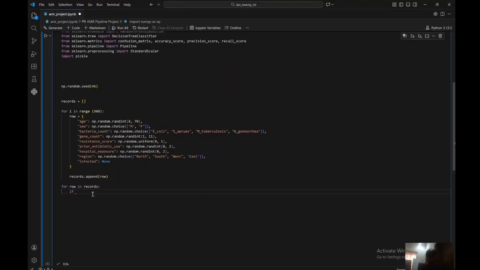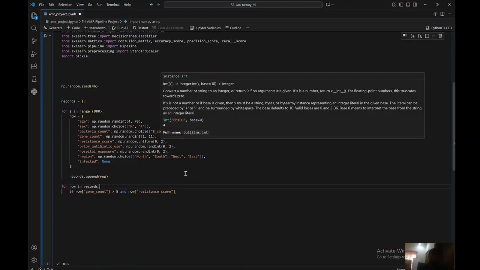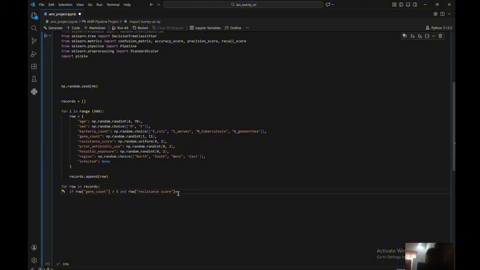And so what we can do now is write that if in our row, for the row of our gene count, it is greater than, let's say, like we said, 5, and also our row of resistance score, I think we're going to set that to 2, because it's 0, 1, and resistance score is maybe equal to 1, which is infected, and also which other parameter, because the more we keep lengthening that,